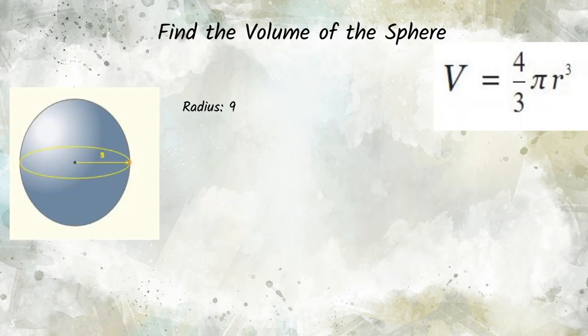Okay, so our first example, we have that our radius is 9 and we need to find the volume. So our volume equals 4/3 times pi times the radius, which we found was 9 cubed. The first thing that I need to do is find out what 9 cubed is. And 9 cubed is the same thing as 9 times 9 times 9. So that's what you would do to find 9 cubed. It's 9 multiplied by itself 3 times. So now I have 4/3 times pi. 9 cubed equals